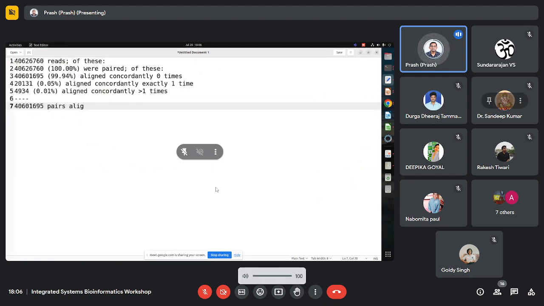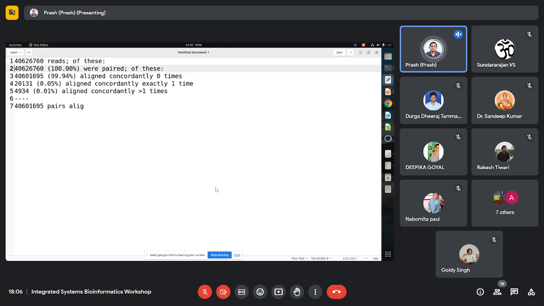Since we have taken our FASTQ reads of human and mapped them with the human data sets, it says that these were paired, and 99.94% of the data is aligned concordantly 0 times. It says the total amount is this much, but usually the alignment rate is comparatively